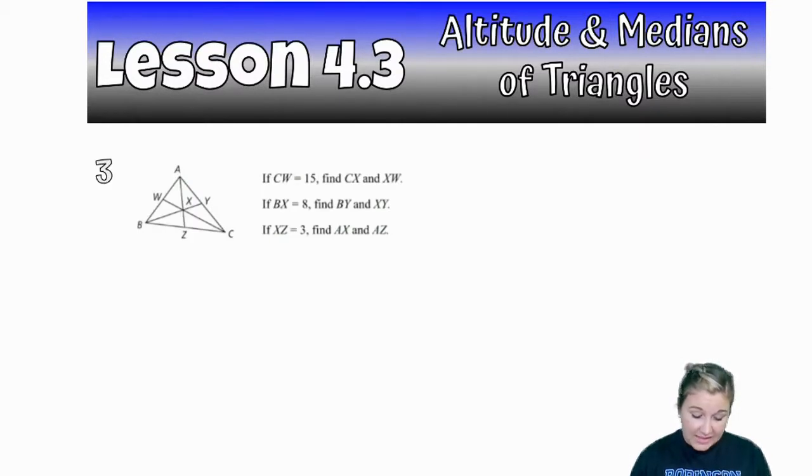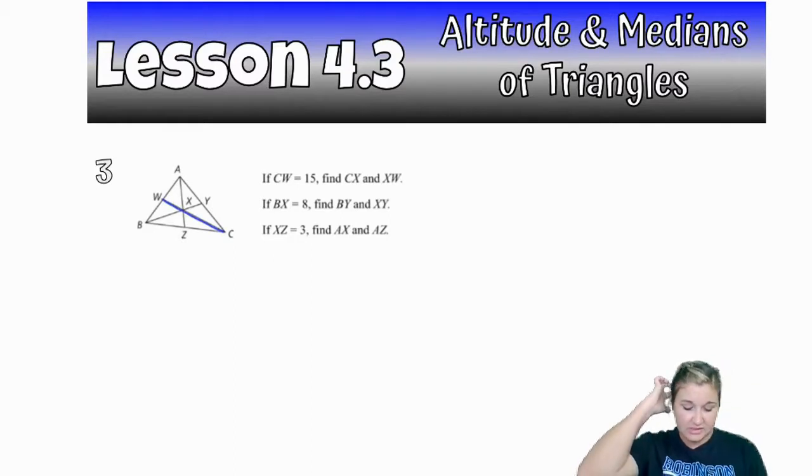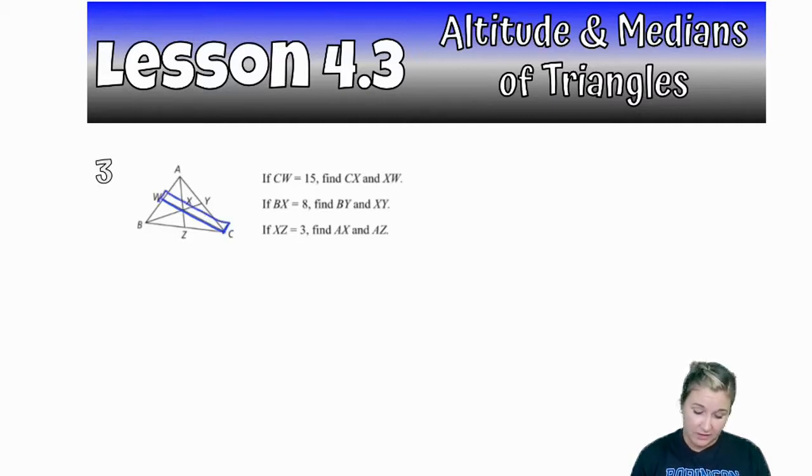All right, so this last example is pretty involved because we're going to be looking at 3 different pieces here. So if I know that CW, and we're going to say this is all medians, is 15, so that whole distance is 15 right there. I'm going to draw it out here. I'll do W and C kind of backwards like they have it, and I have X somewhere about right here. If I know this whole thing is 15,